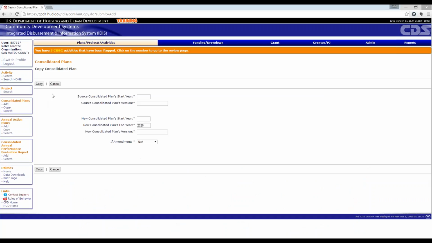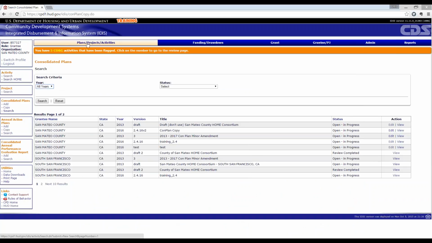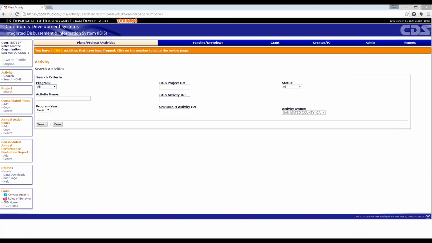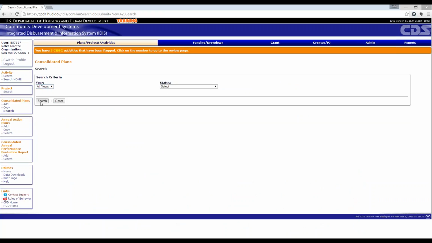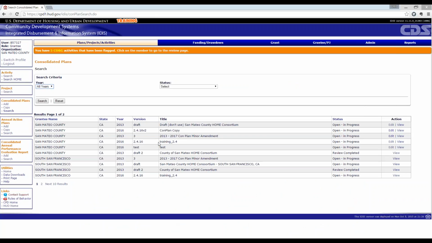Okay, so there I am. I'll just cancel out of here and come back to our plans, projects, and activities tab. So to copy an annual action plan, let's just say that we're going to continue to use the action plan from our year one consolidated plan.